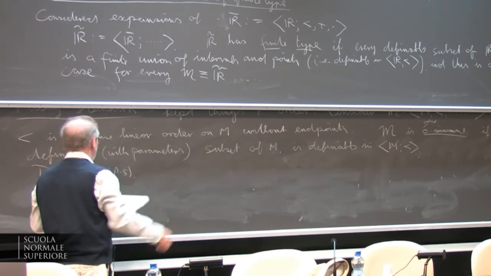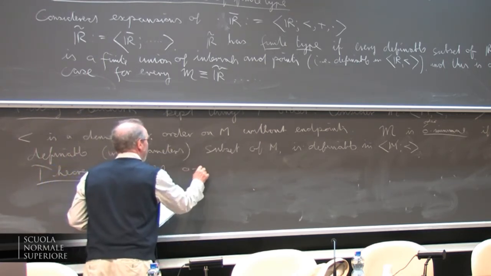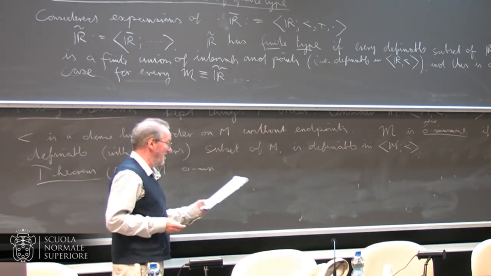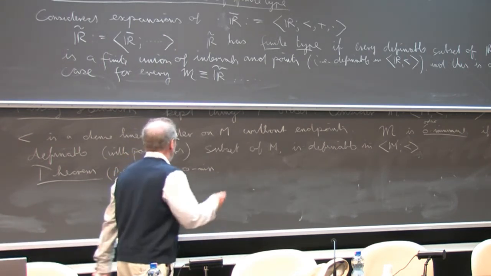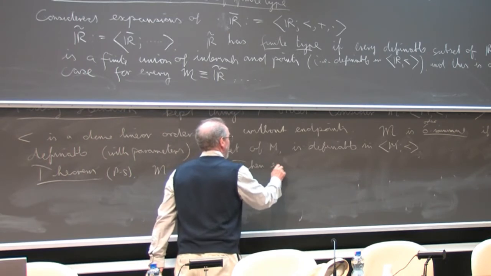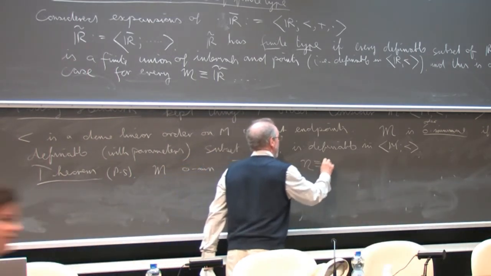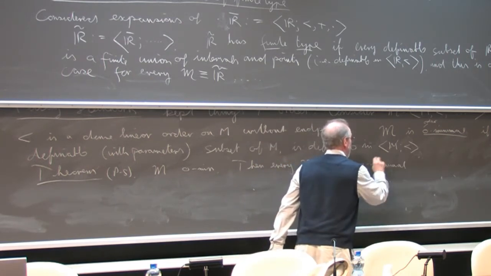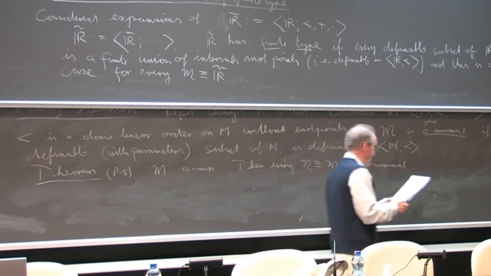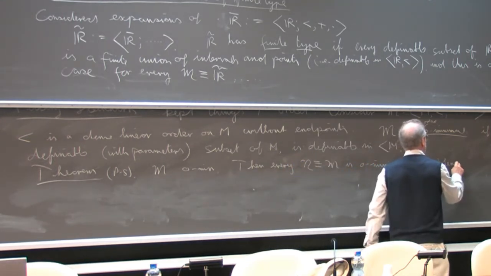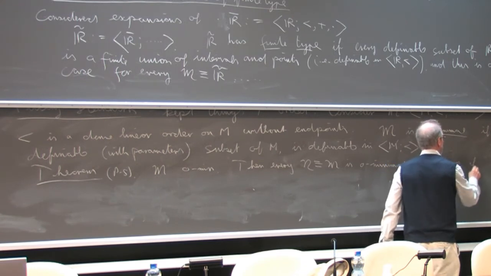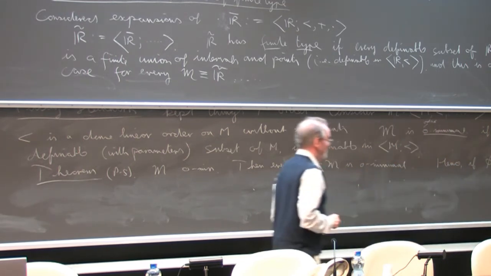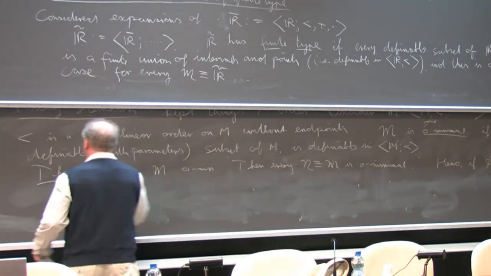If M is o-minimal, then there's a certain uniformity that you automatically get. We just say then every N elementarily equivalent to M is o-minimal. Now, for practical purposes, what that means is, or this is how you prove it, if phi(x bar, y) is a formula